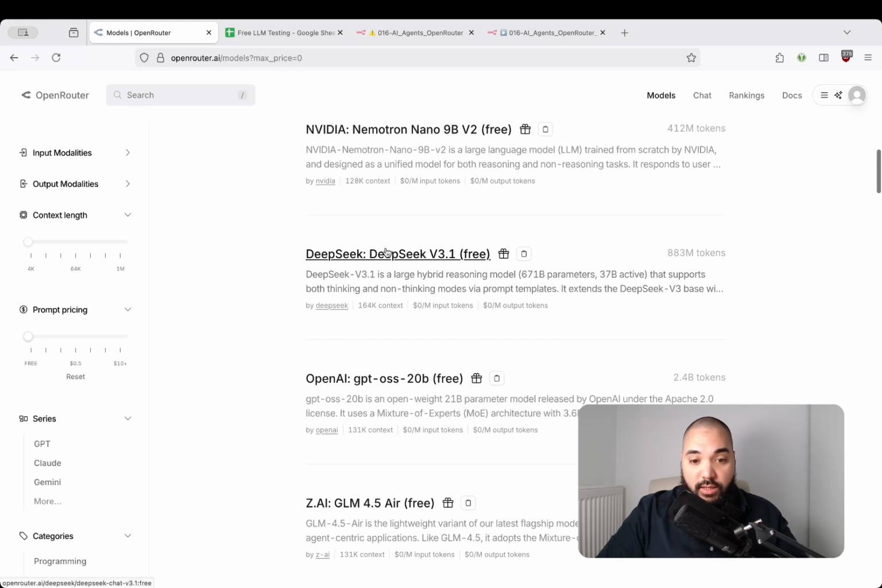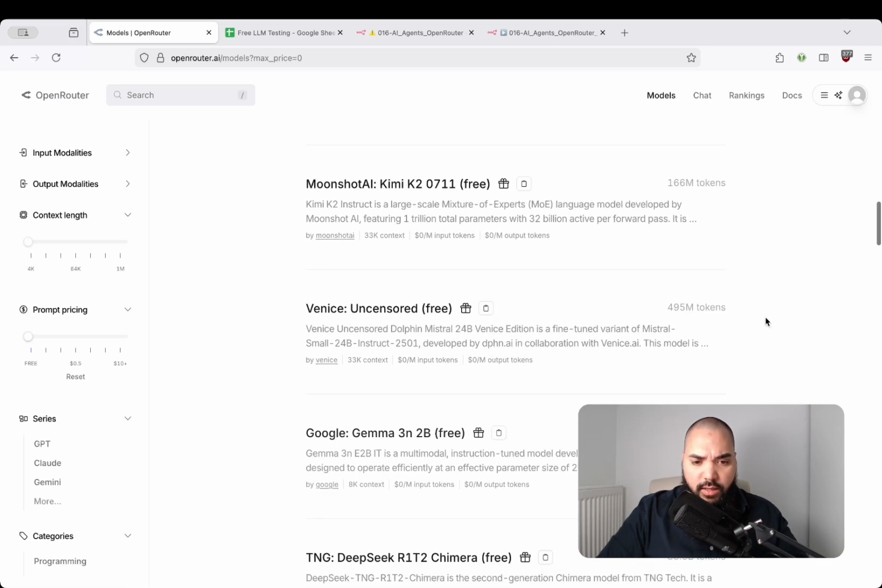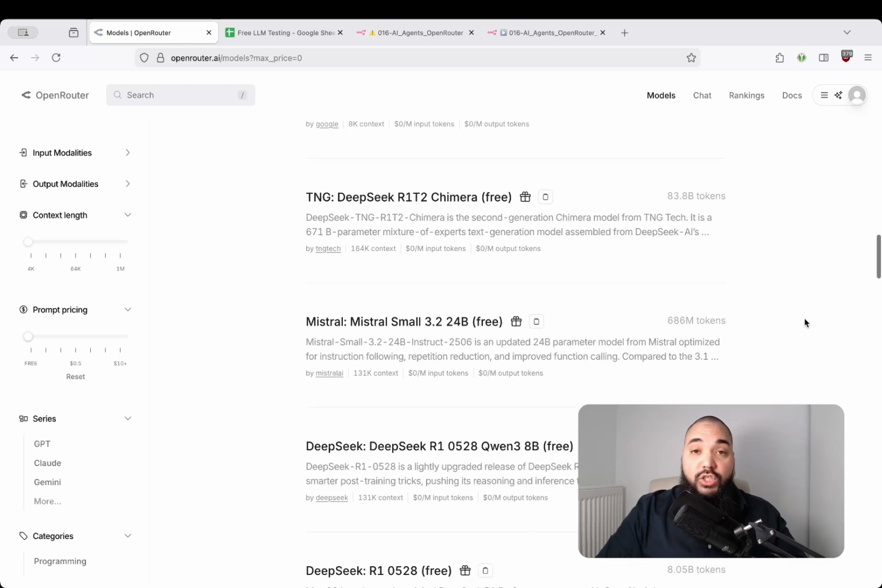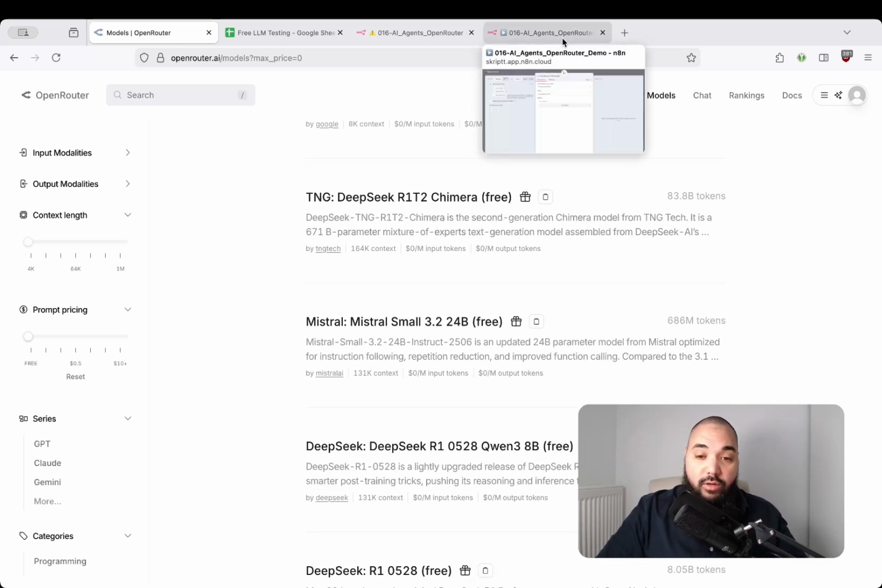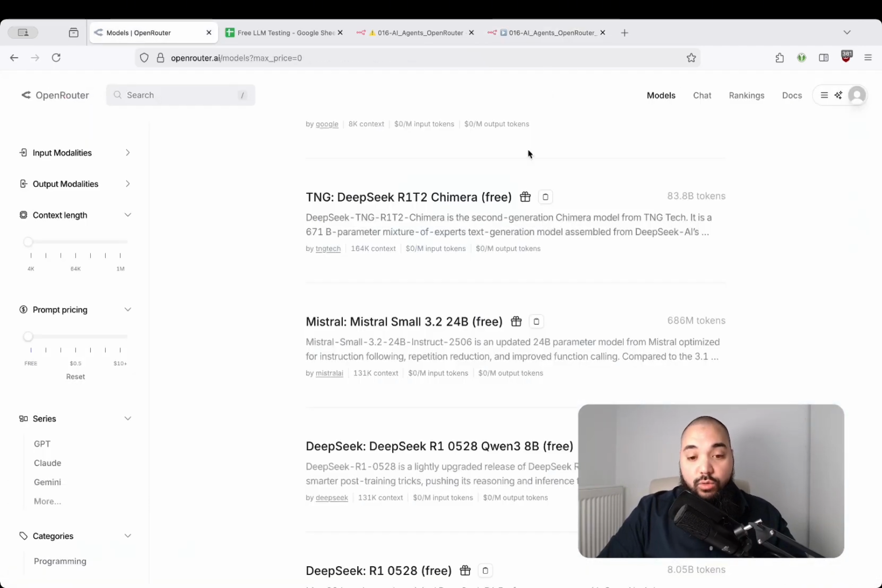So such as DeepSeek, we have OpenAI also, right? They do have an open source model. There's even a 120B version of this. Then we have Qwen, we have Mistral, we have Google Gemma, and everything that's out there, right? And just by connecting this one node using the OpenRouter subnode, as we have done within n8n right here, will give us access to all of these kinds of